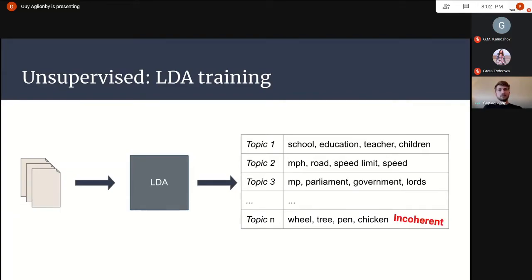It's incoherent. That's one of the problems with LDA, is that of the topics that are spat out, you have no guarantee that it actually means anything to humans. The model might have picked out some kind of correlation, but it has no means to check whether that is actually meaningful. This topic is useless. If we label the document as this topic N, we wouldn't learn anything.